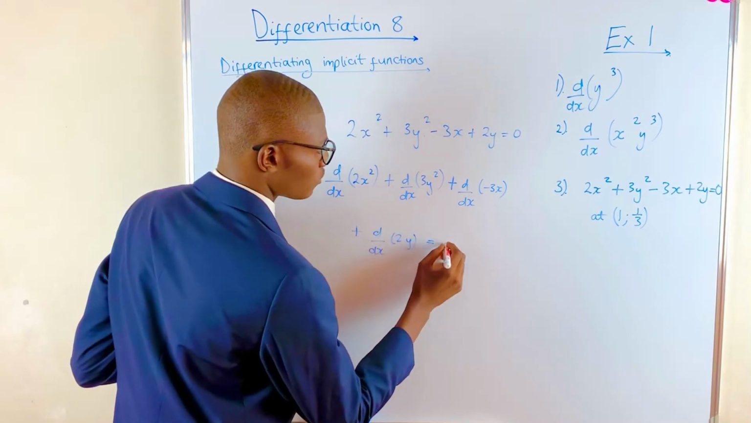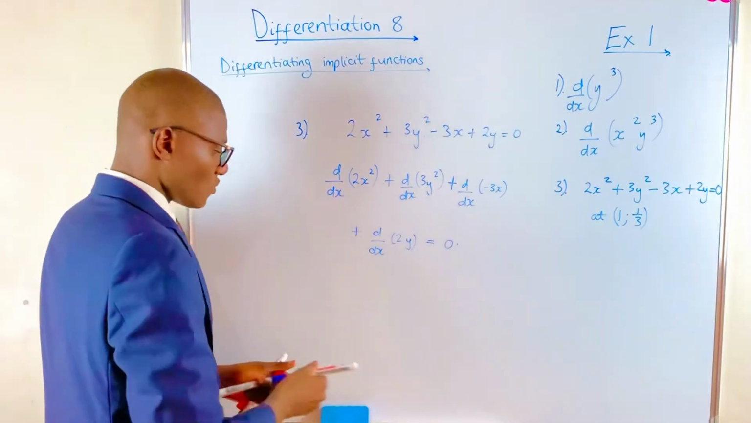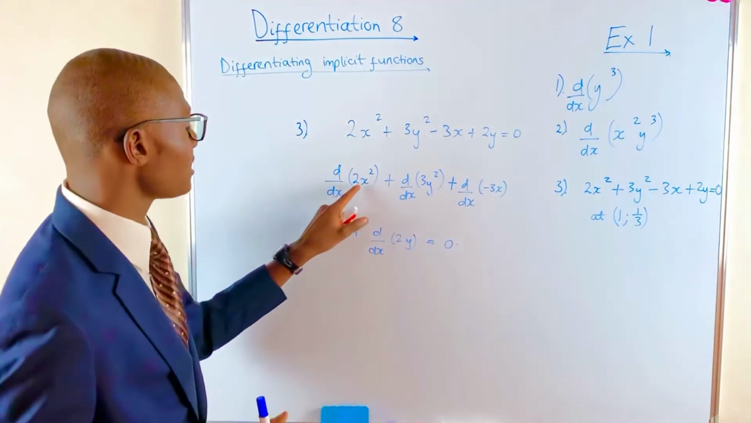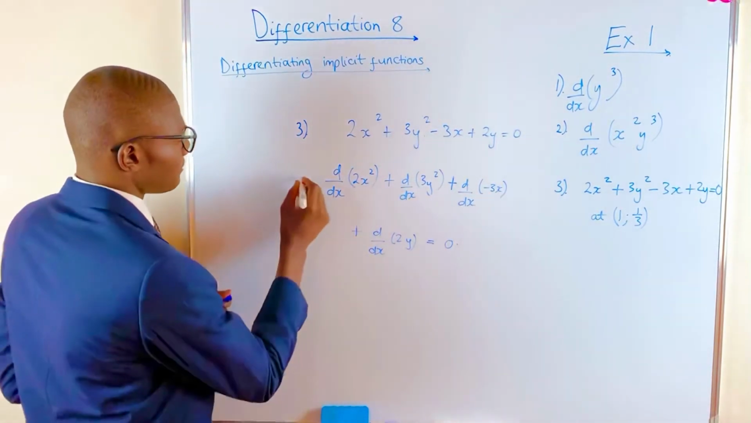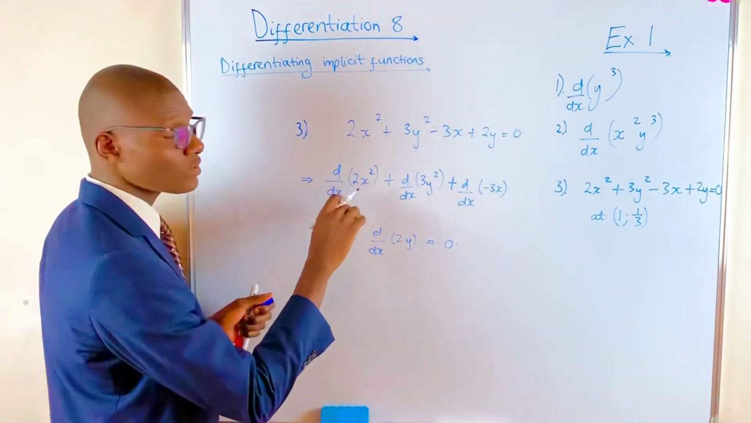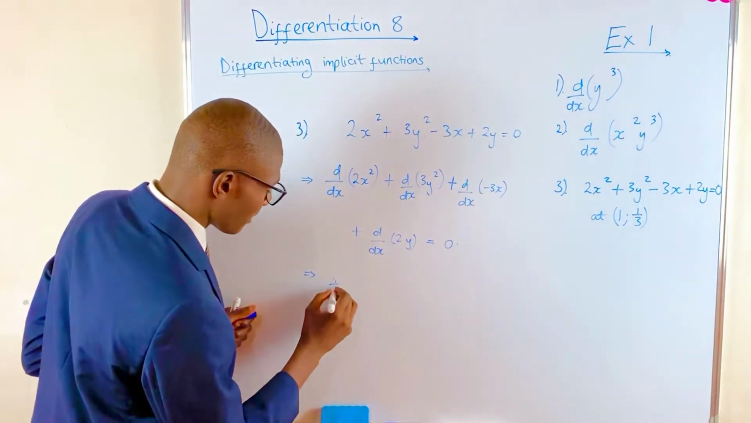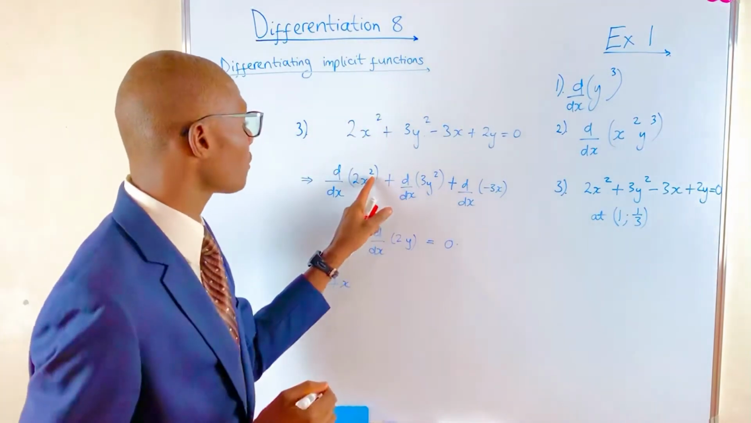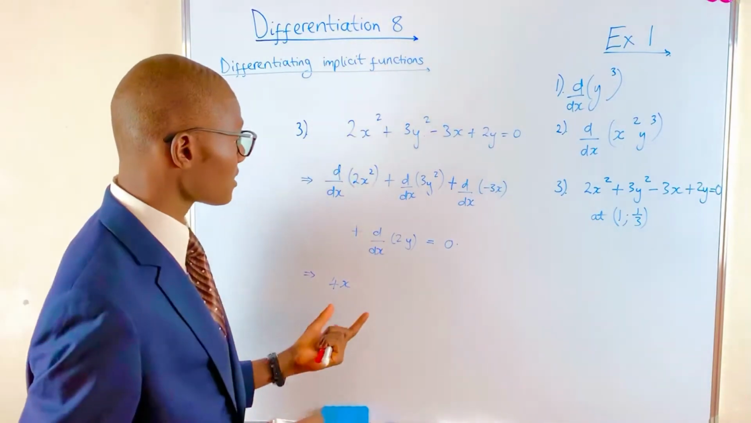This should be equal to d by dx of 0, which is just 0. So now we shall differentiate these terms separately. d by dx of 2x squared: we drop the power 2, that is, multiply by that 2 to get a 4, then multiply by x, then subtract 1 from the power of 2 to get a 1. So after we differentiate 2x squared, we get 4x, then plus